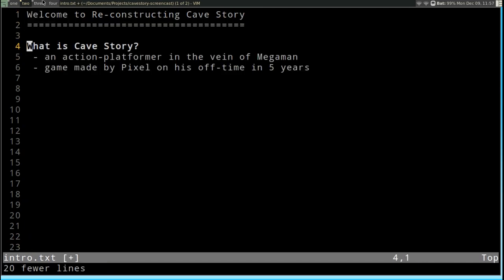What is Cave Story? Cave Story is an action platformer in the vein of Mega Man. You just fire guns, collect experience for your guns, and basically just explore all these really cool environments. It's a game made by Pixel in his off time in 5 years, which is really impressive because he made the art and music and